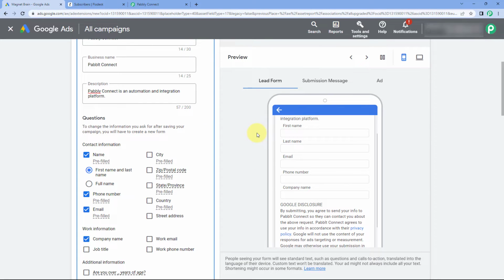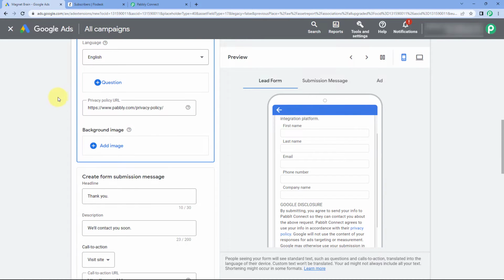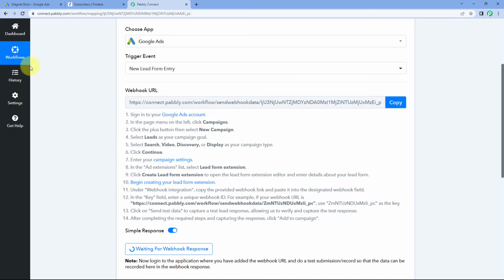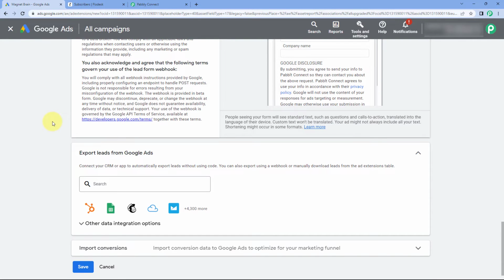So you can basically create any lead ad form according to your choice in Google Ads. After that, I have entered all the other details of this lead ad form as well according to my lead ad campaign. So here guys, after creating the lead entry form in Google Ads, what we have to do to connect this form with Pabbly Connect using this webhook URL, we will just scroll down to this form and